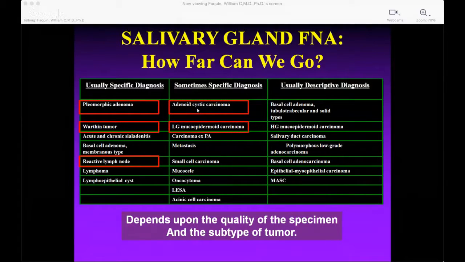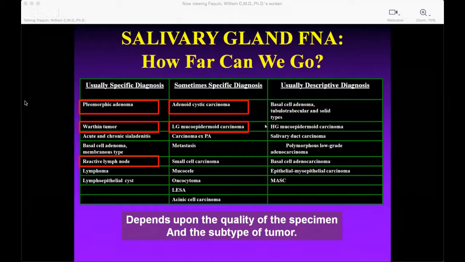Other times, other lesions such as adenoid cystic carcinoma, it depends upon the subtype you're dealing with. Is it cribriform? Is it tubular? Is it the solid type that I showed you a photograph of? Similarly, for low-grade mucoep, it depends on the quality of the sample. Do you just get mucin, or do you actually get a sample that has a lot of epithelial cells, epidermoid, mucus cells, intermediate cells in a background of mucin? So it depends. Some of these tumors in this middle just get mucin, we can make a definitive diagnosis on,